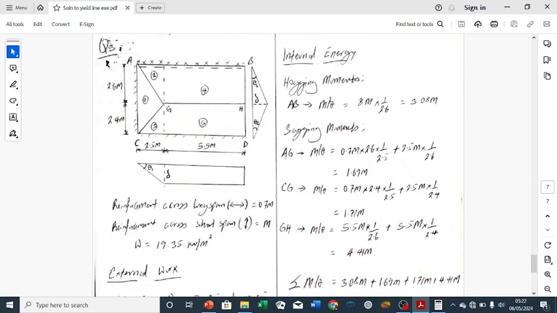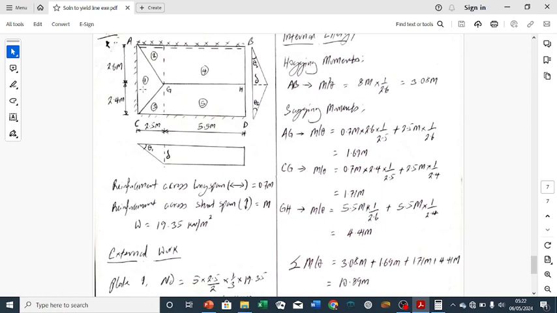So the next one is yield line GH. Yield line GH, you remember you will calculate the rotation on plate 4 and rotation on plate 5. So that is what we are going ahead to do. First of all, we calculate for rotation on plate 4. We have here that the length of the yield line is actually 5.5. This yield line is horizontal, so it is the vertical reinforcement that will resist it. That is why the moment capacity is M. And from this place to here, the distance is 2.6. That is why we have our theta as 1 over 2.6, plus